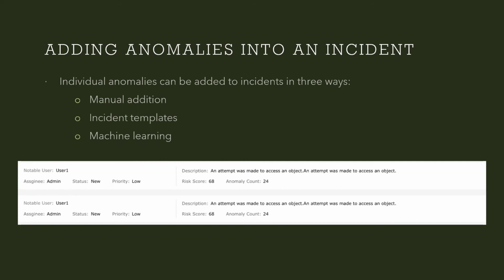This again requires intervention from the analyst, but it automates the process to a certain extent. So with incident templates, the analyst creates a rule for an incident. They specify the criteria for incident creation, and all the anomalies that conform to that criteria will be automatically put into that incident. And then finally, the third way, the machine learning way, the most innovative way, is to create